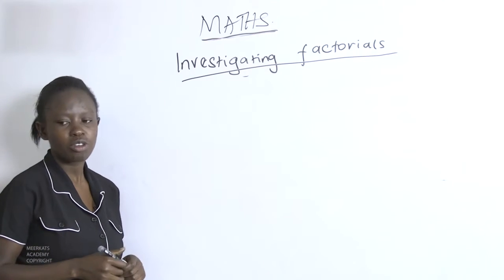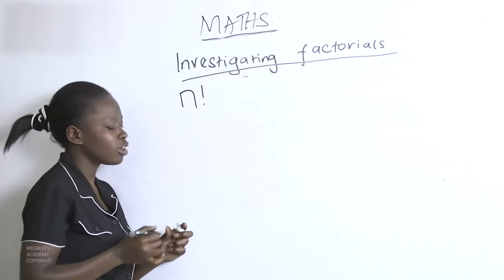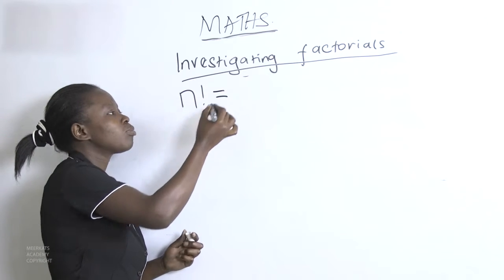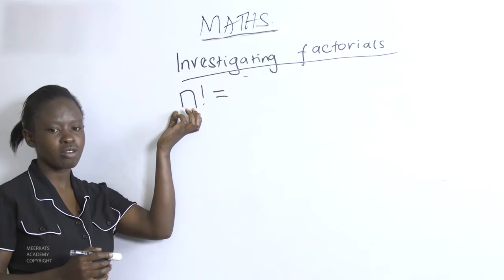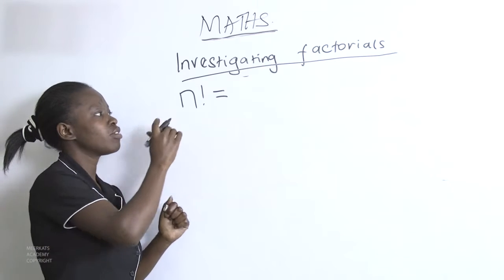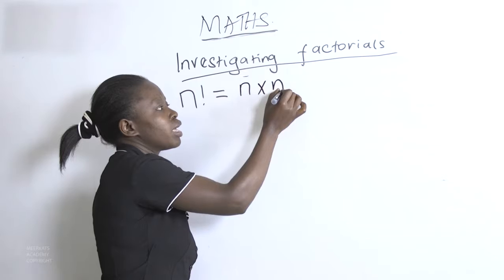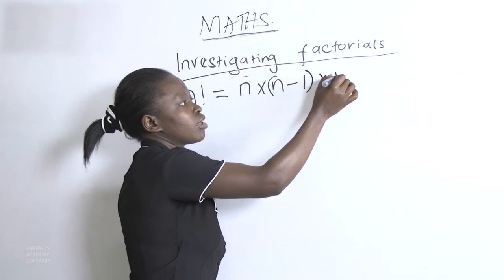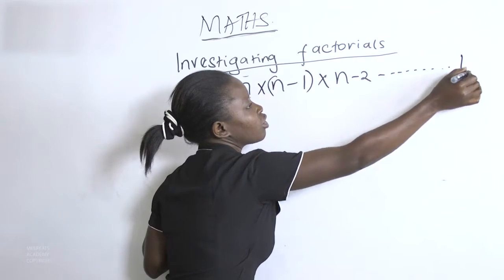Factorials. When you're talking about factorials, if I'm having n factorial, then it simply means that we are multiplying the numbers starting from the digit you have, moving downwards. So if I'm having n factorial, it means that I have n multiplied by n minus 1 times n minus 2 all the way until I reach